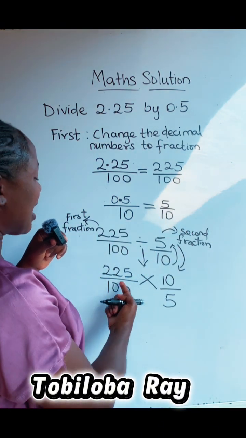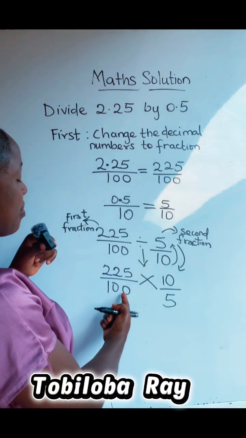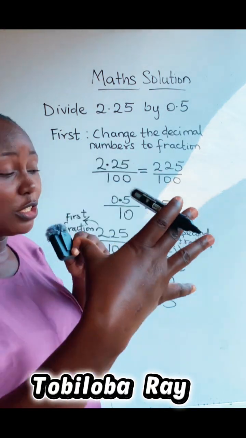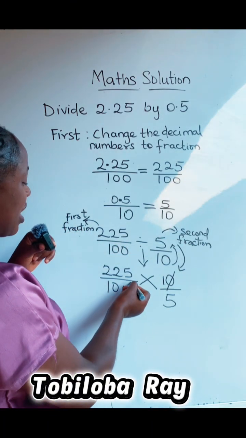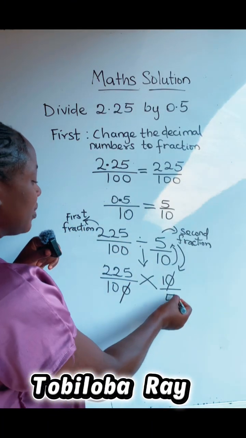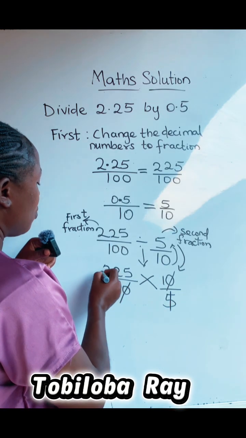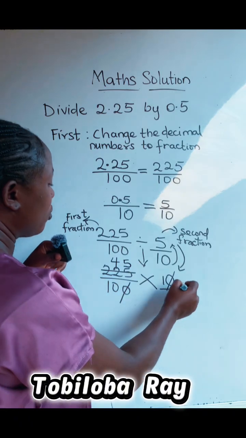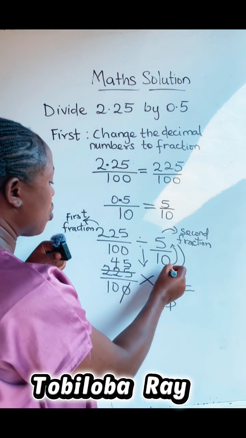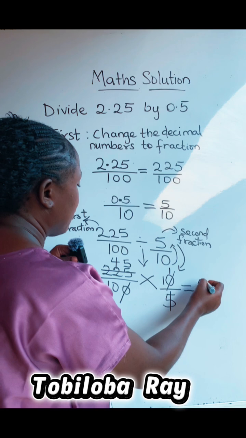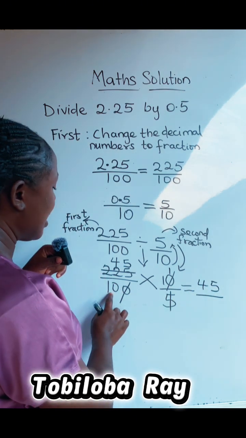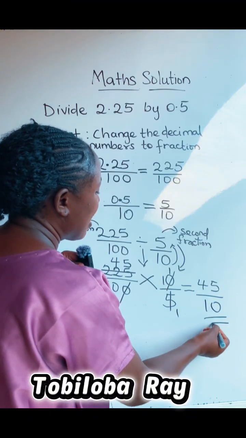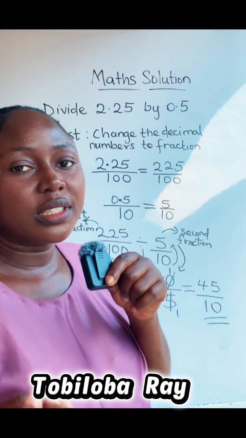Now, we look for numbers at the numerator that will divide numbers at the denominator, or numbers at the denominator that will divide numbers at the numerator. So 1 0 here will cancel 1 0 down here. 5 here will cancel, we're going 225 to give us 45. So we are left with 45 times 1. This is 45 over 10 here, and this is also 1. 10 times 1, this is 10. So we can leave our answer as 45 over 10,